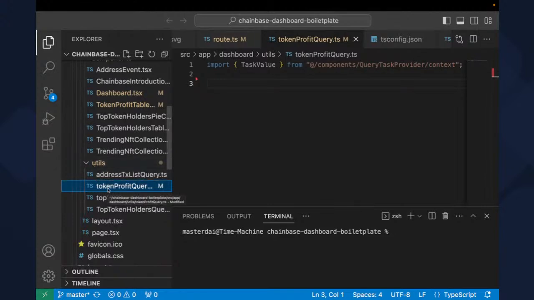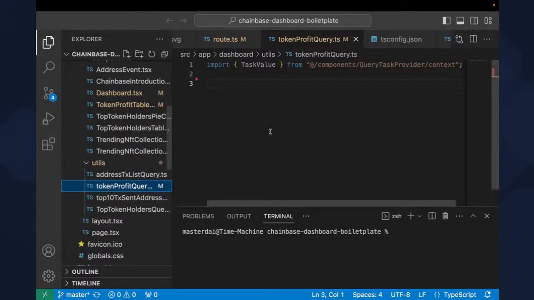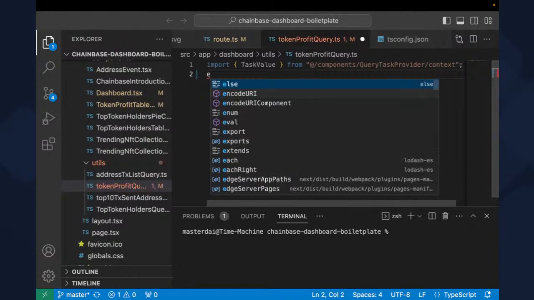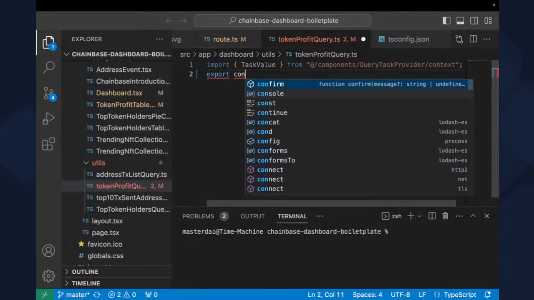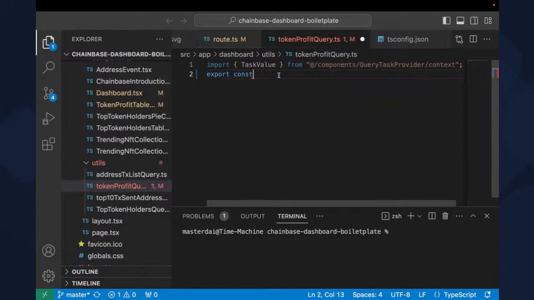Git clone from the GitHub, you need to create a new file and name it something like token profit queries. So I'm going to basically put all these queries inside this page. So yeah, let's start. The first thing is you need to export the whole APIs here. So let's export a constant, strings, and what did I say? This is get